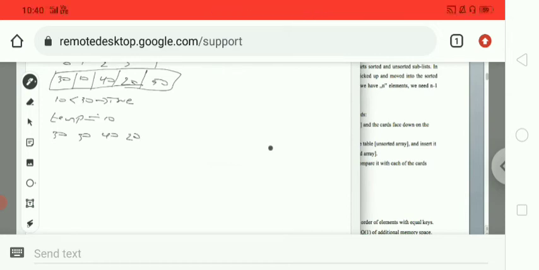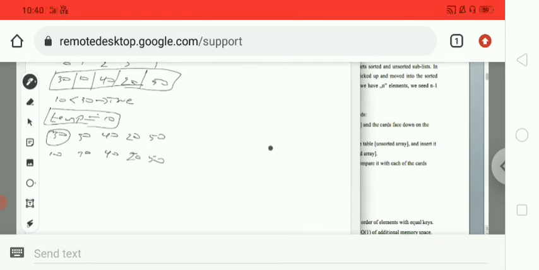After that, the value stored in the temp variable will be placed in the left position. Since the condition is satisfied, I copy that particular value here. So here one iteration is finished.